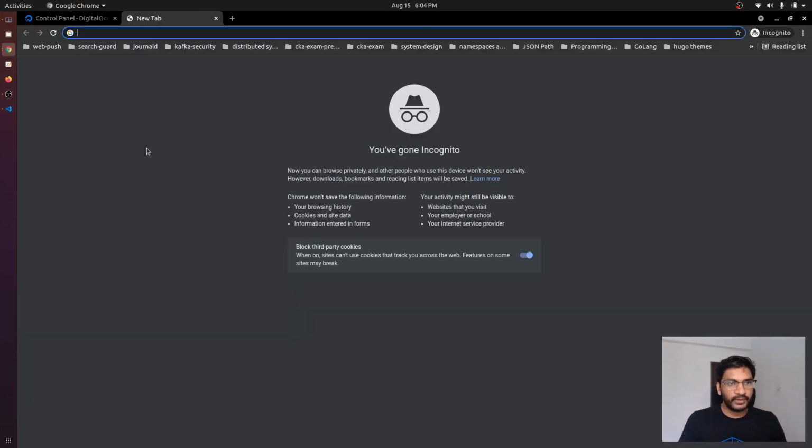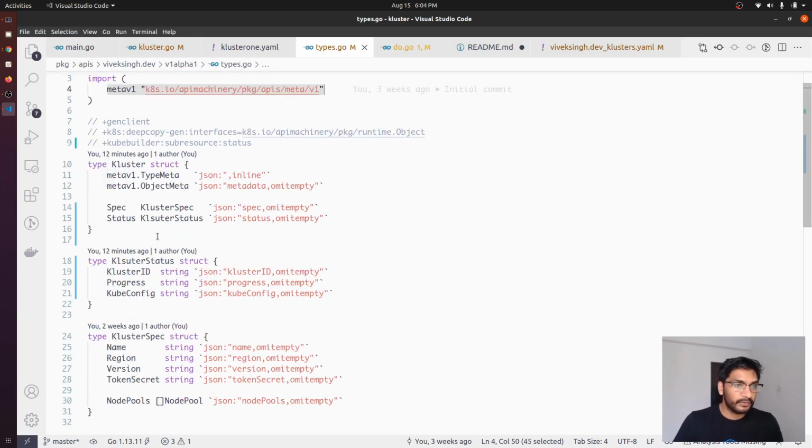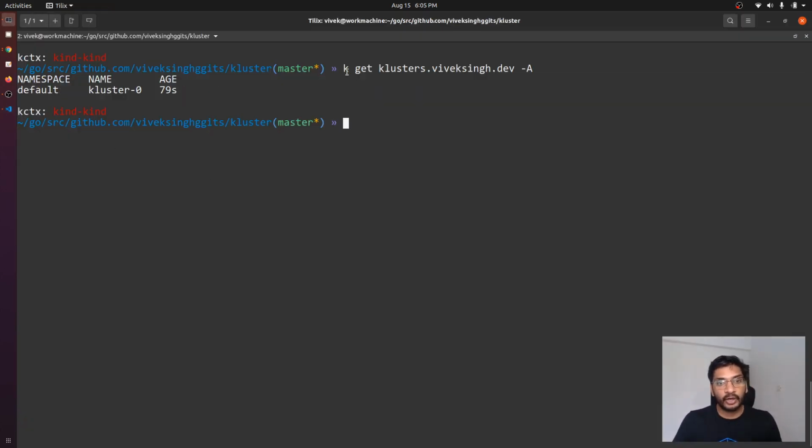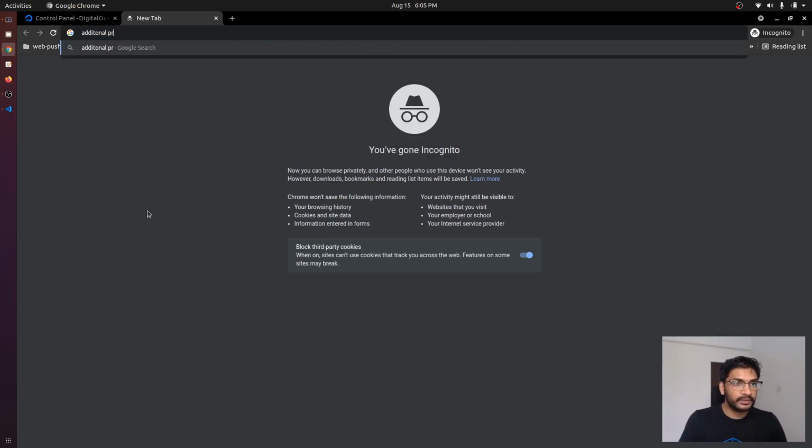So to do that, we are going to see how we can specify an additional printer column in types.go. So again, when we specify types.go, like we specified subresource, we can also very easily specify which particular field should be shown as additional columns as the output of kubectl get. So let's just go ahead and try to do that. So additional printer column,